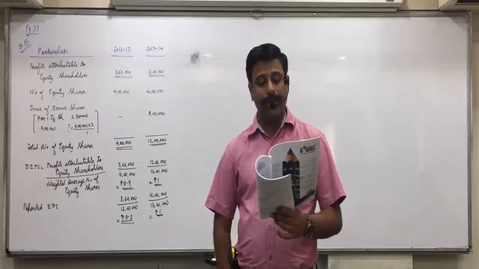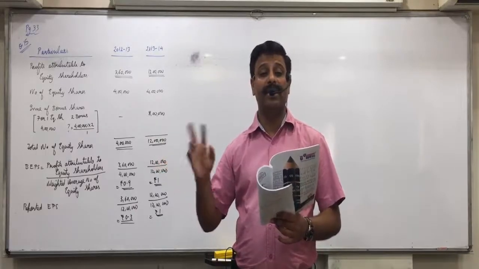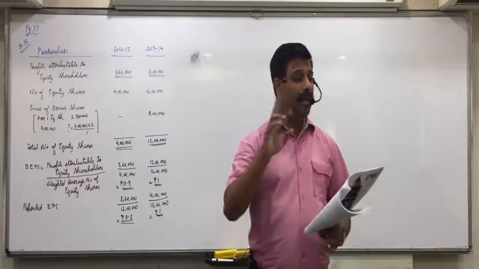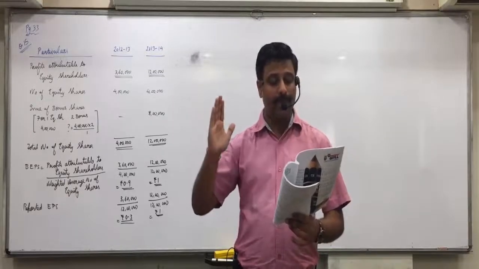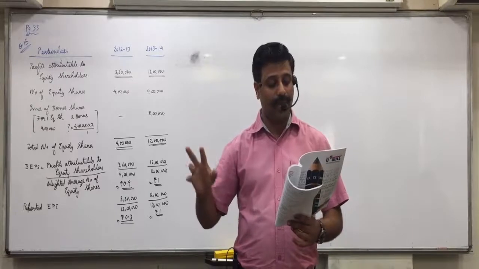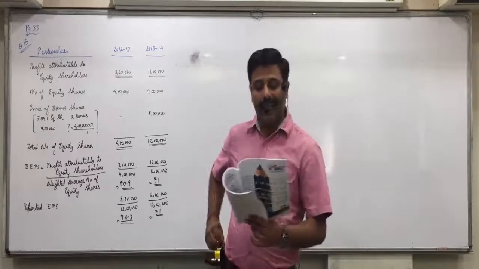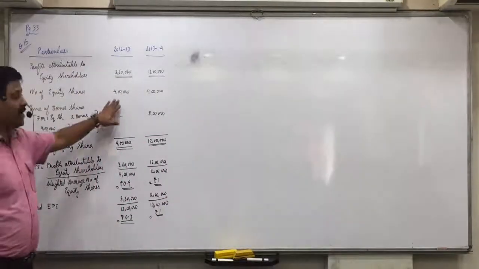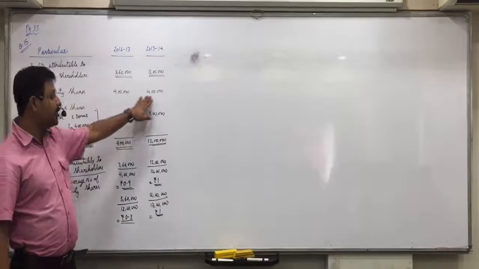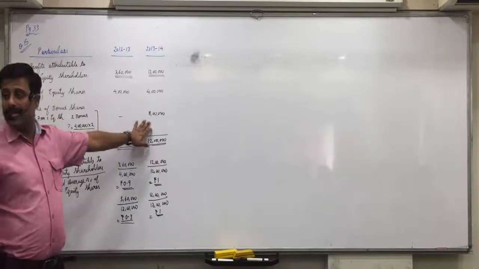So, 1st April 11 means 10 to 11 or 11 to 12? 1st April 11? 11 to 12. Bonus is made in the second year. How much bonus is made in the second year? 2:1. On the date of bonus issue, the company had 30 lakh equity shares of 10 each fully paid up. Means in the first year we have 30 lakhs, but in the second year 30 lakhs plus 30 lakhs into 2 by 1, 60 lakhs.